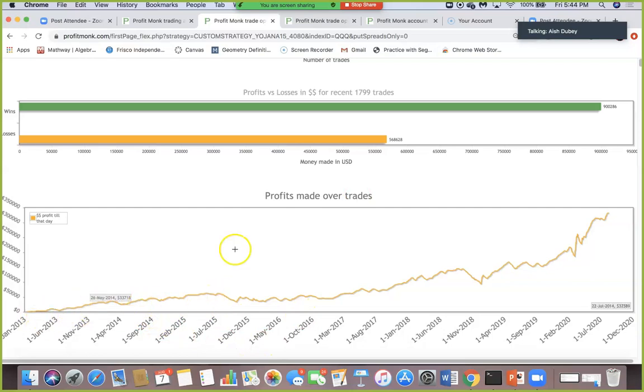So how linear the profits have been is this curve. If you see, I have recorded this since 2013. Of course, I have not made all these trades. I started trading this somewhere in this time frame, and I have gone through some pain, but the backtesting goes a little while back. So end of 2013, this is at about 32,000. It's a small font, that's why I'm hovering my mouse here.